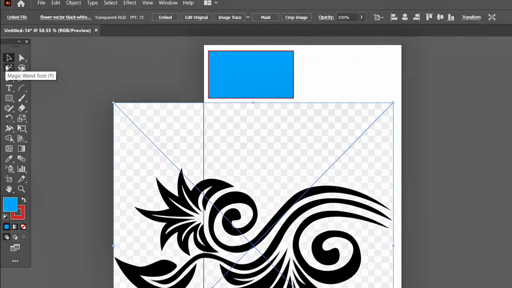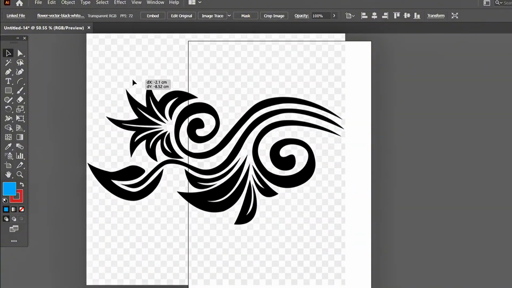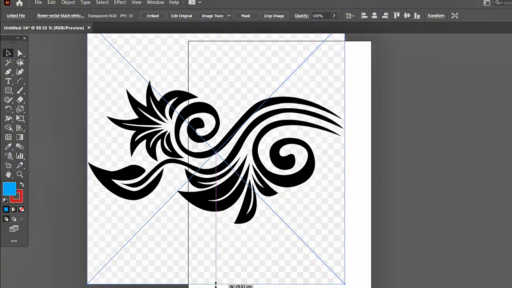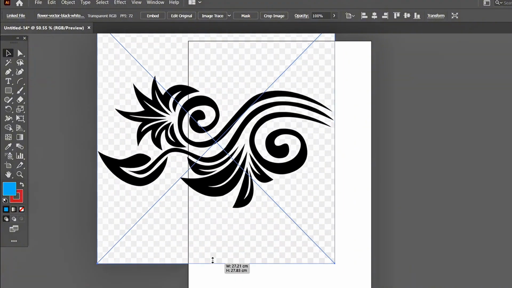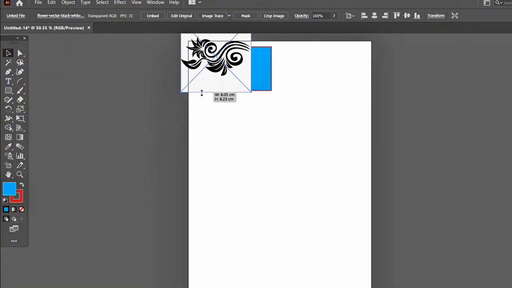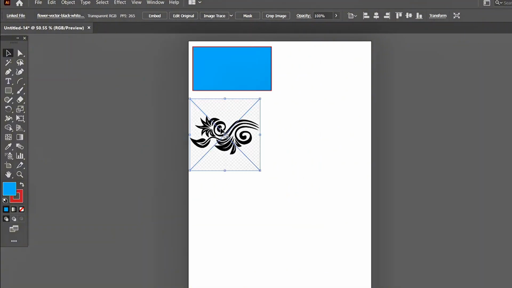So we are going to try to reduce the size of this object because you see it's too big. So what we are going to do, we are going to go on one of either the corners or these small boxes. You press Shift, then you hold the mouse, you left click, then you have reduced the size